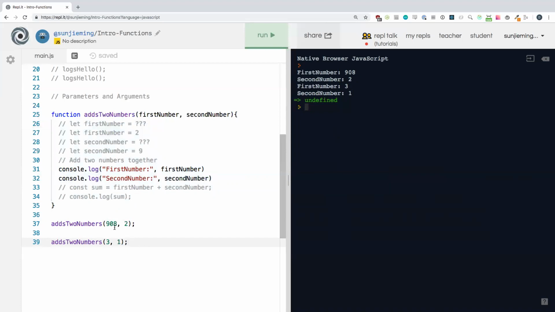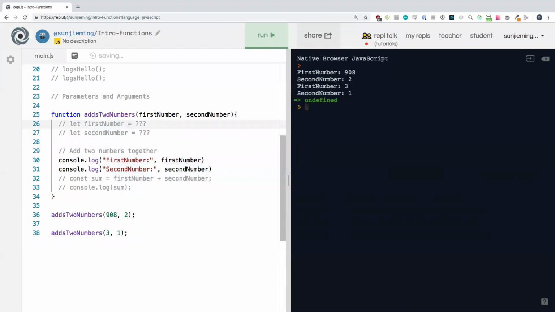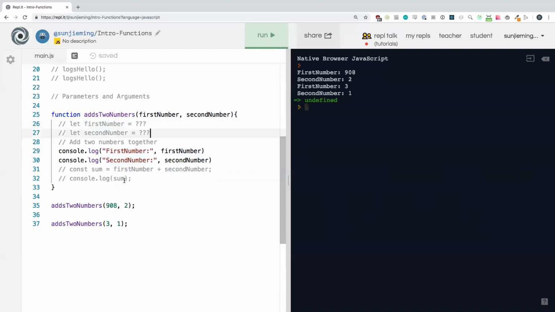So a few things to keep in mind here is that this is going to be assigned to whatever we give it whenever we run it. And it's going to change every time we run it. So don't think that it's ever going to remember what first number was the last time you ran it, or what second number was the last time you ran it. It's going to change every time we run it. Okay, so in this case, this doesn't matter anymore, right? This changes every time we run it. Okay, so